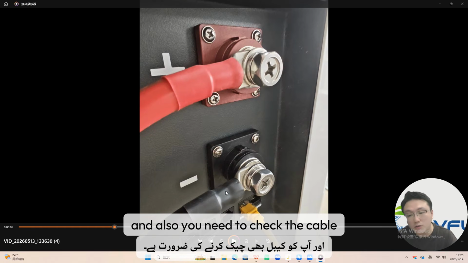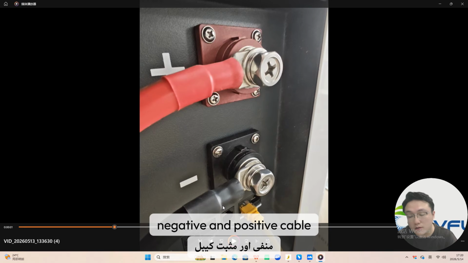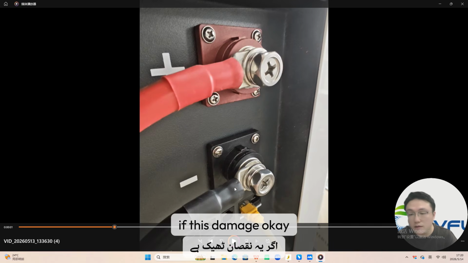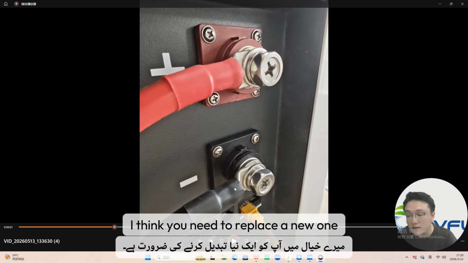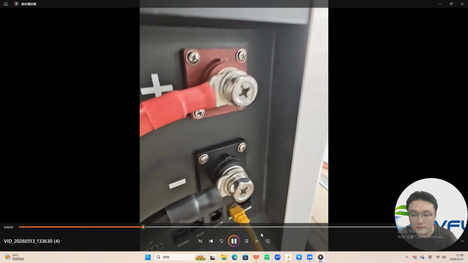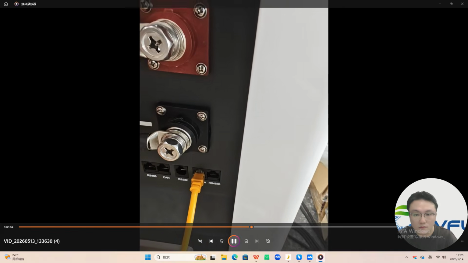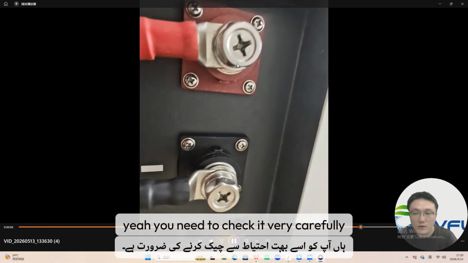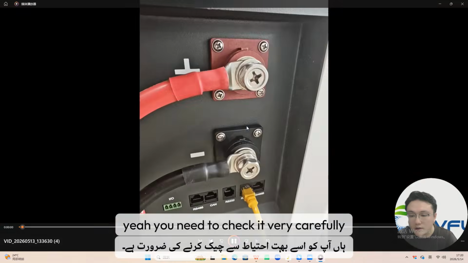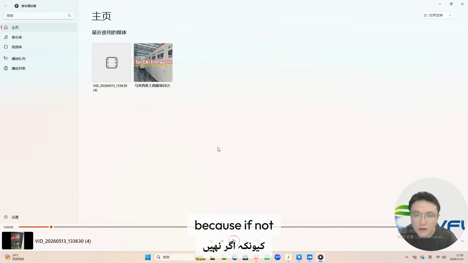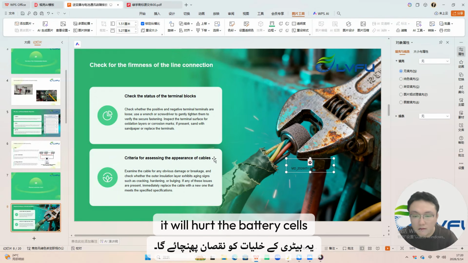Also check the negative and positive cable for damage. If it is damaged, I think you need to replace it with a new one. You need to check it very carefully before you install the battery,